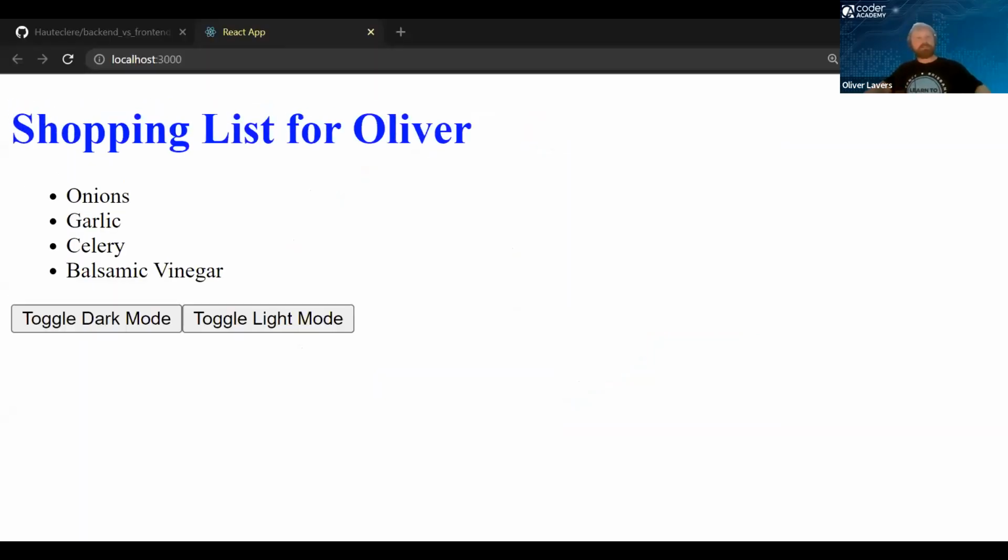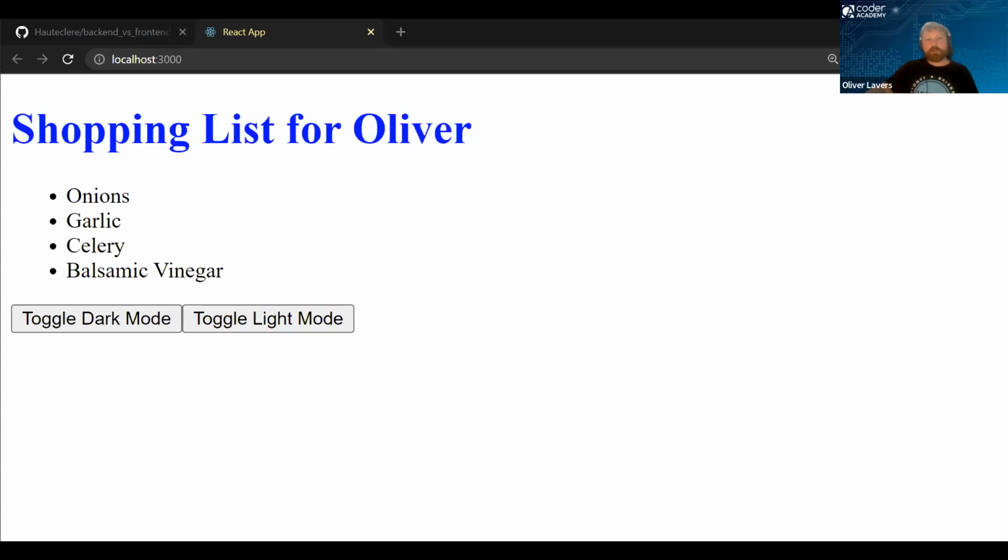Looks good. Okay, so this is very similar to what we saw before. Before we had that shopping list website, it had a heading and a list of dot points. But now through the magic of JavaScript, I've added a couple of buttons. And without ever having to request a new file from my web server, I can change the way the website looks. Here I'm toggling back and forth between a dark mode and a light mode. And what that means is the HTML file that we got sent through before is being changed in real time. It's pretty exciting, even though this is a really simple website.